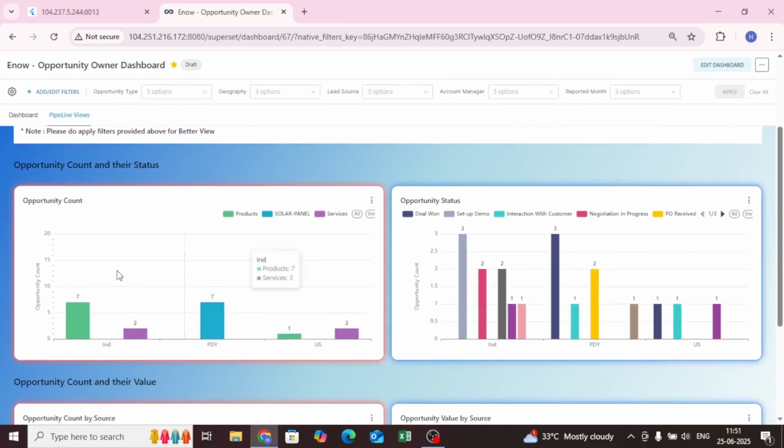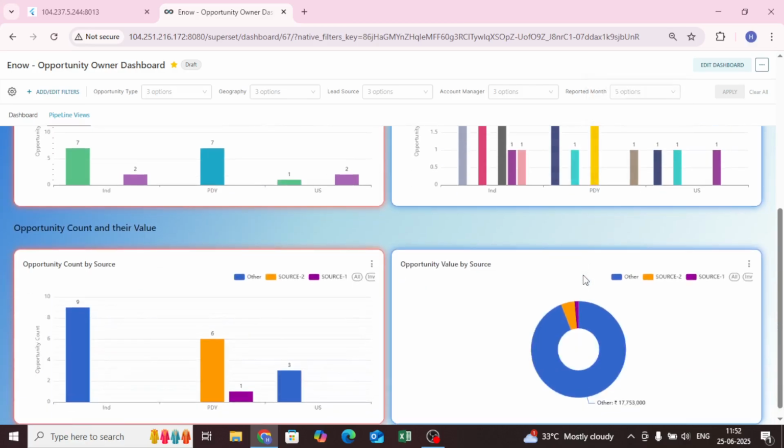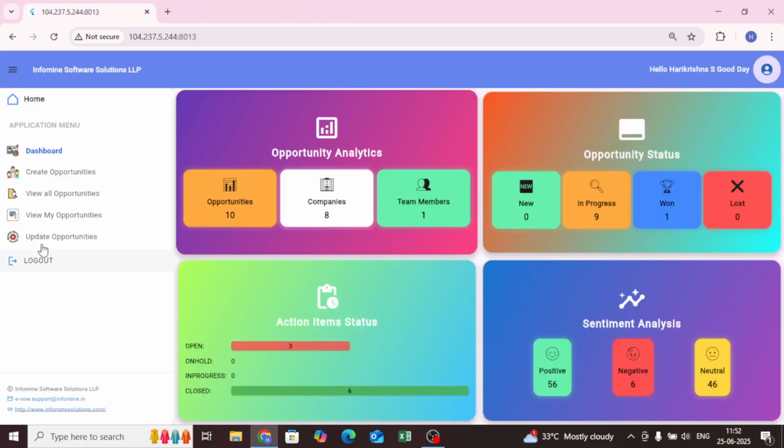Basically, it will give the number of counts of opportunities, status, source of opportunities. You have some analytics which will give you the complete meaning. So this will continue on till you win a deal or lose a deal. So this gives you a basic idea about our lead and opportunity